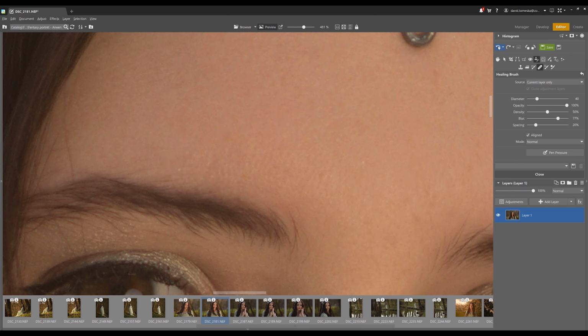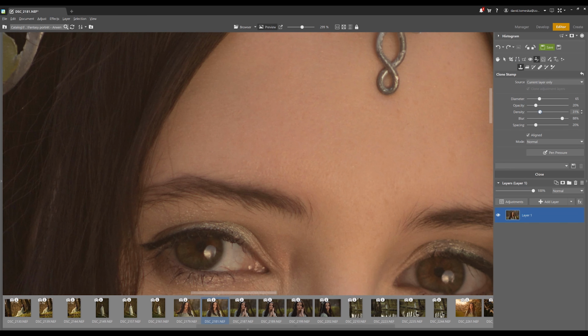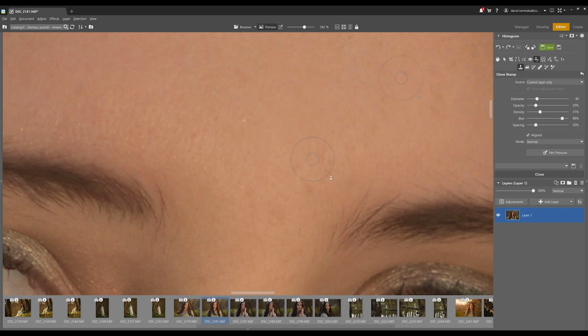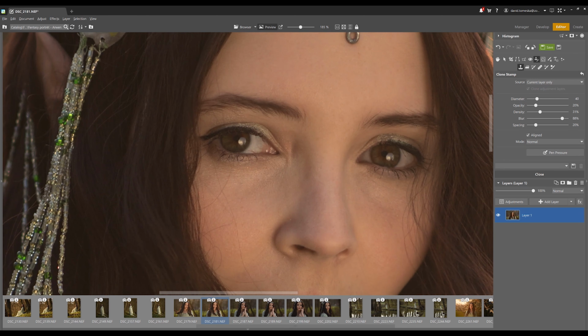So be careful. When it starts to happen, then you just need to switch to the clone stamp. When you switch to the clone stamp, it will not do this effect. It will just do what you tell it to do. But be careful, because then the clone stamp is a bit more clumsy. What I recommend is opacity and density to a bit lower numbers. Definitely have blur pretty high in case of both of those tools, and it can help you fix the face. It can help you fix textures and those